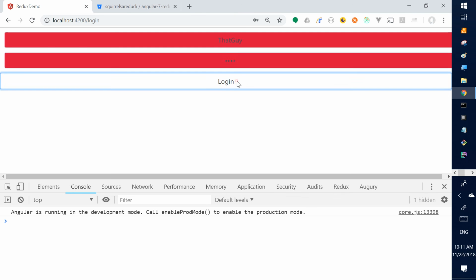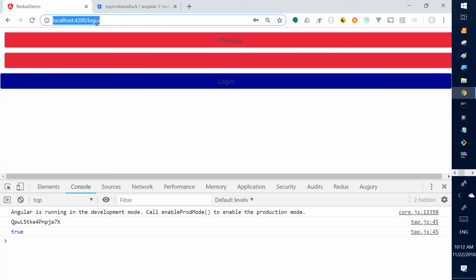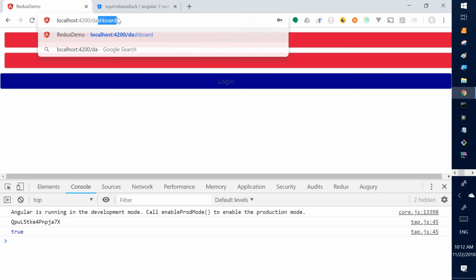Login. And now we have the same functionality as before. However, we're now taking advantage of the CanLoad guard. So what we can do is log out. And now that logging out cleared out the token. So if I manually would try going to dashboard,